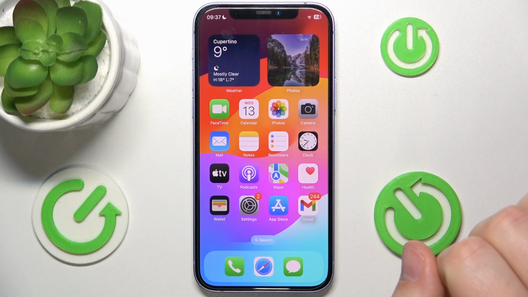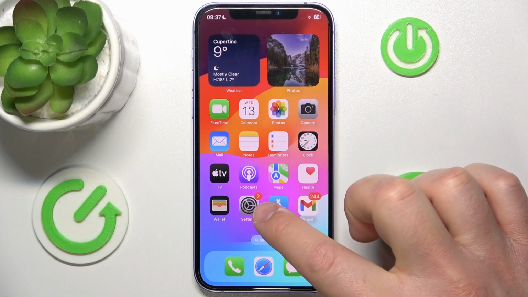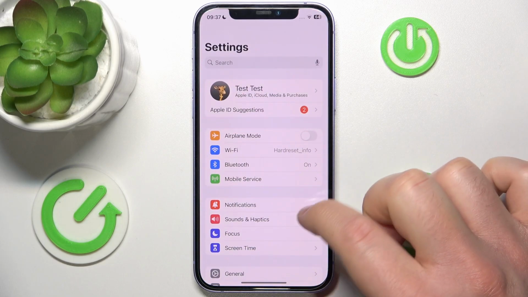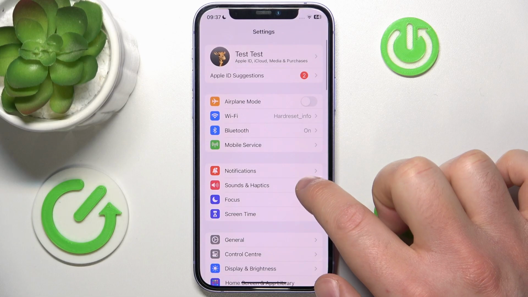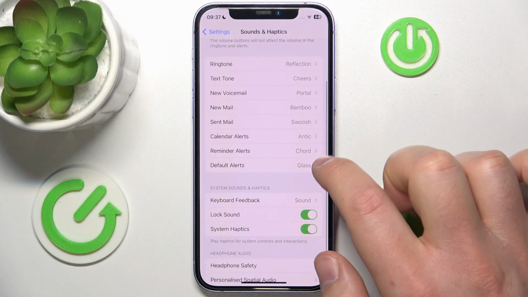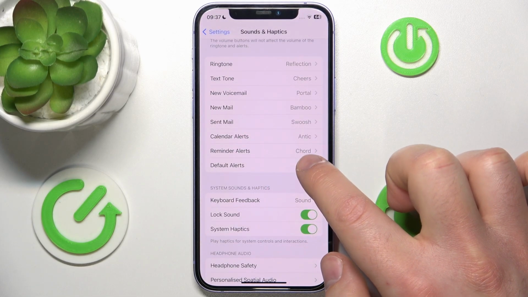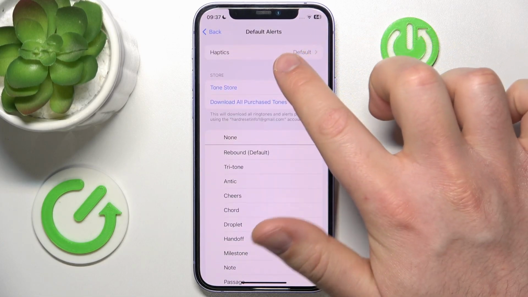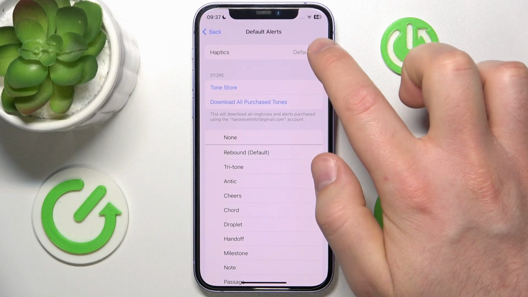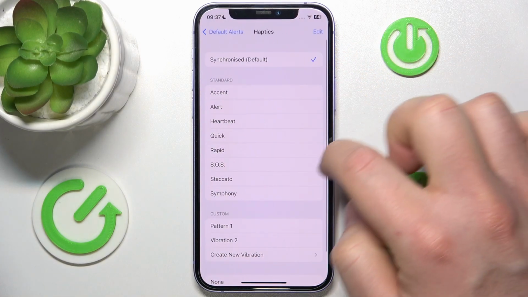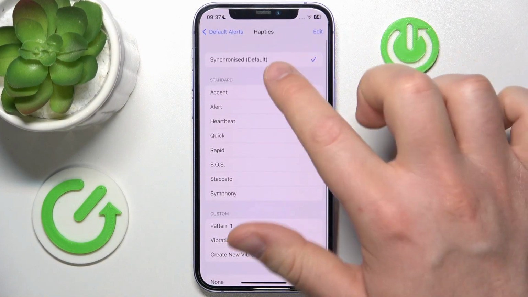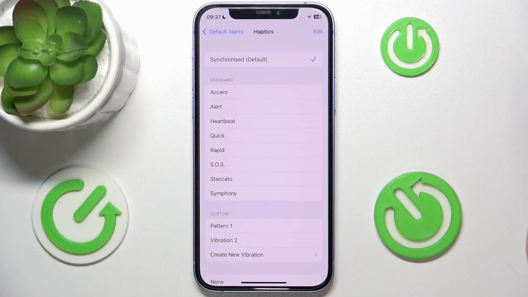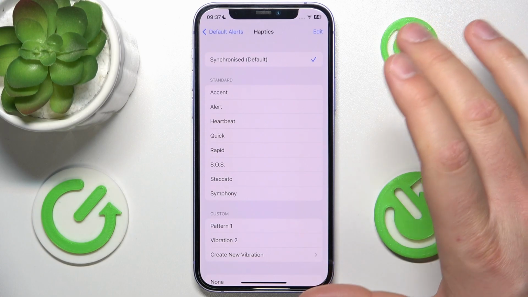So if you want to change the default alert haptics, you want to go to Settings, then go to Sounds and Haptics, and then go to Default Alerts. And once you swipe up a little bit, you can go to Haptics, and then as you can see you have some options. So Synchronized means that the haptics are going to be synchronized with the